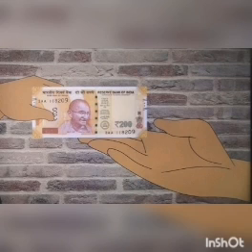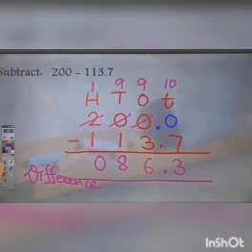He will return 200 minus 113.7. So we need to subtract 113.7 from 200. Subtract a decimal number from 200. How can we do that? So first step, we need to write the number according to their place values. So 100s place, 10s place, 1s place and 10th place. Now in 200, 2 is in the 100s place, 0 is in the 10s place and 0 is in the 1s place.